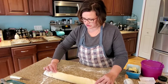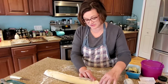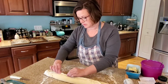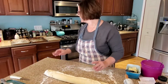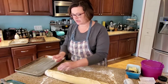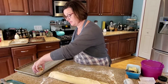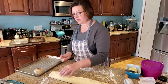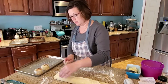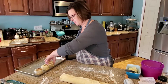And go along the edge, and you're just gonna pinch that seam with the other dough. Some of it seals exactly, some of it might not, but for the most part, you're gonna get a seal. It's just gonna hold your cinnamon roll together. I have a greased pan ready. I'm gonna go through and cut them. I don't weigh them, I don't measure them, I just cut them. And then they're gonna sit cut side up on your pan, giving it a little bit of space in between so you can let them rise